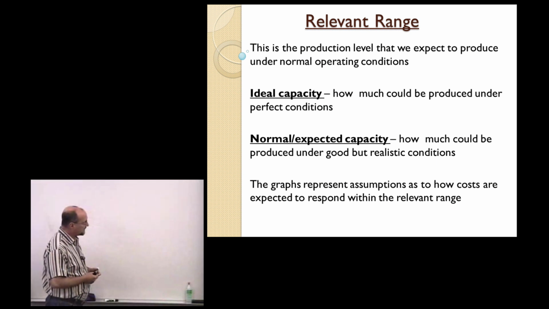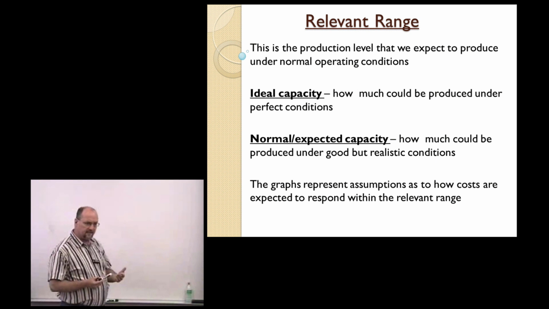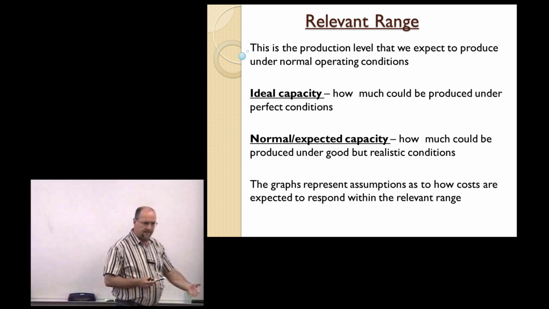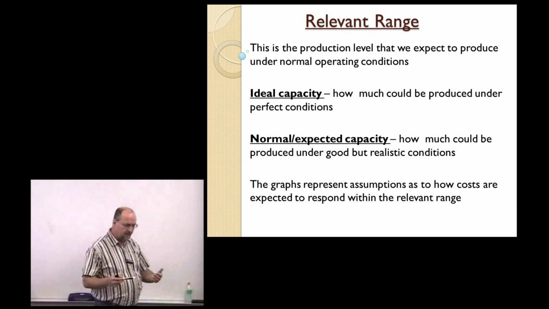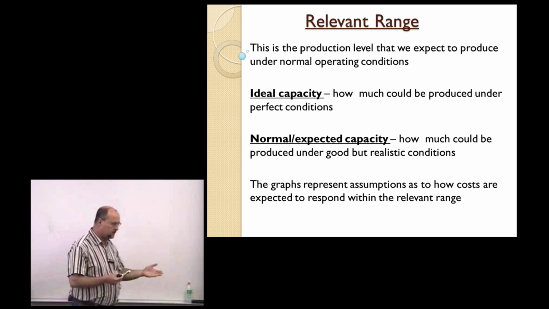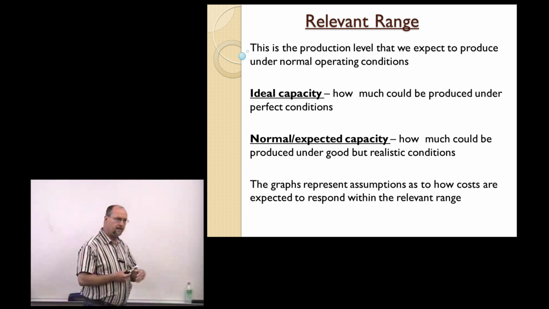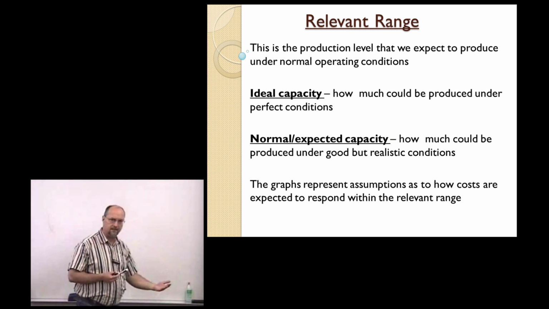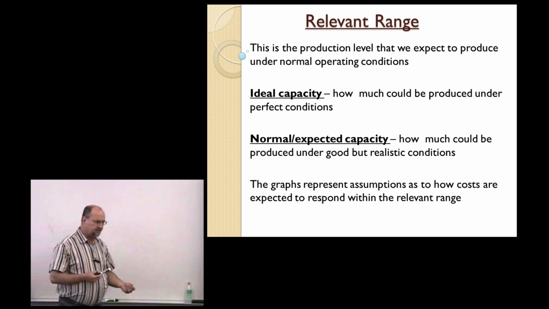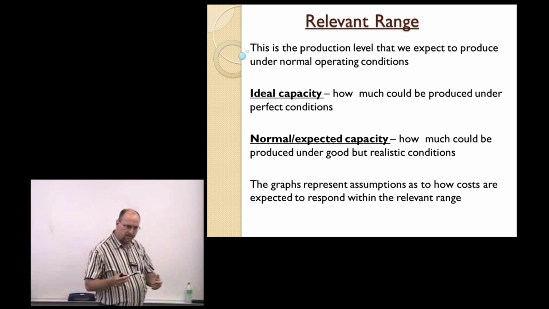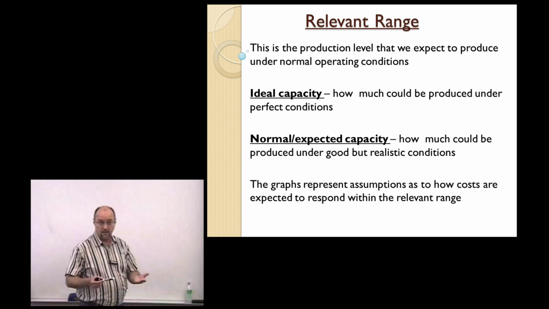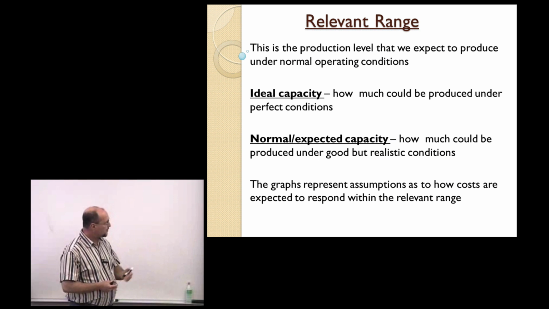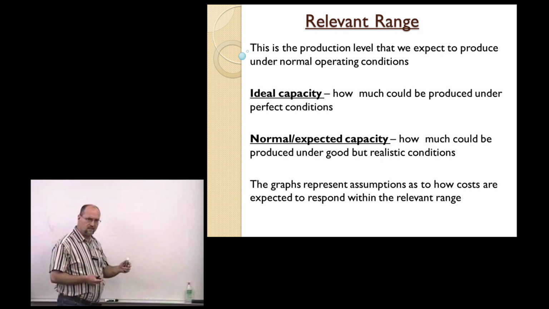And then we have normal expected capacity, when we factor in that sometimes people work a little inefficiently, sometimes machines break down, they have routine maintenance, maybe there's a power outage, who knows? Maybe raw materials get jammed in the machines. But you factor in a certain amount of inefficiency. You're not justifying the inefficiency. Your goal is, of course, to minimize or eliminate inefficiencies, but recognizing that until you reach that point, which most likely is never, normal expected capacity is the concept we're going to use to define the